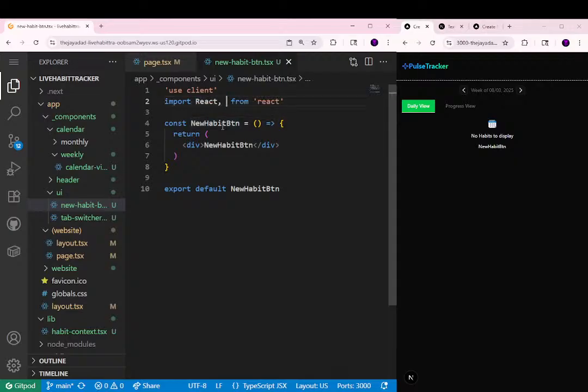Going to need a few things to help us with this. First will be useState, and that's going to manage the state of the